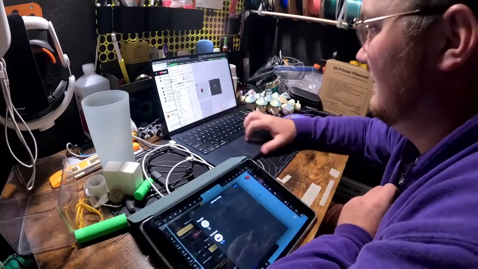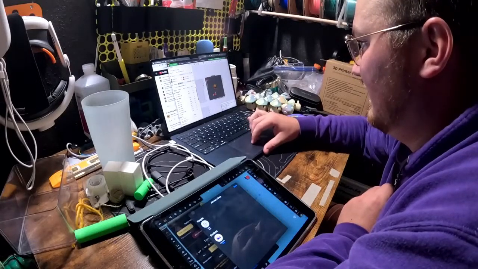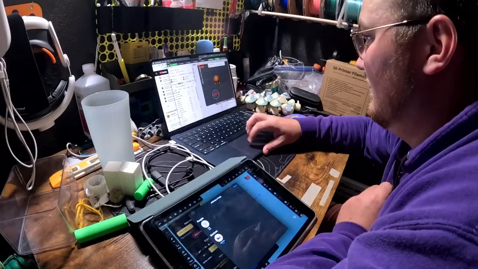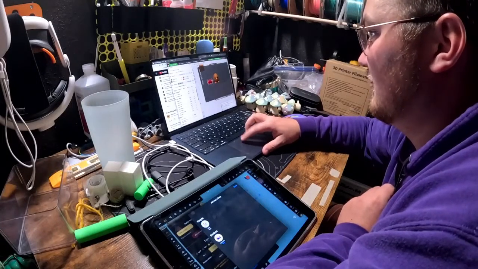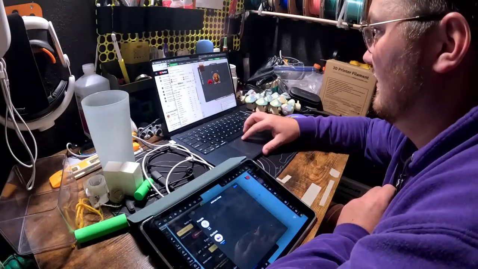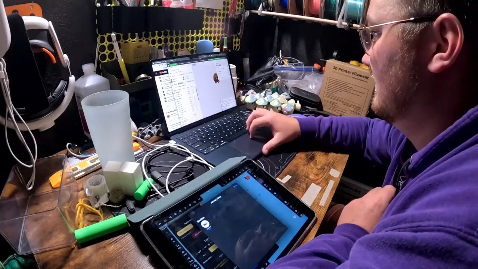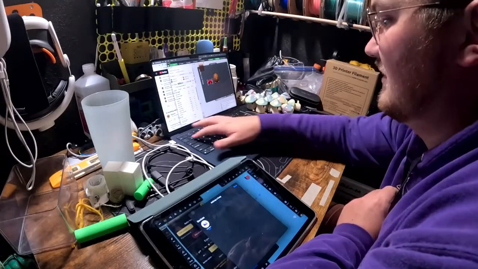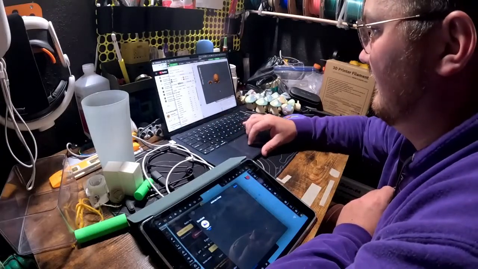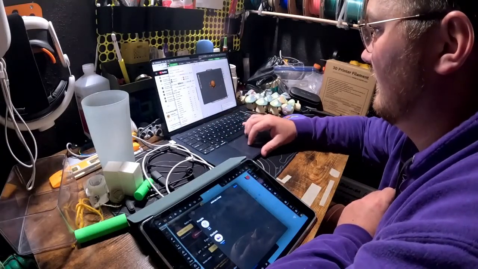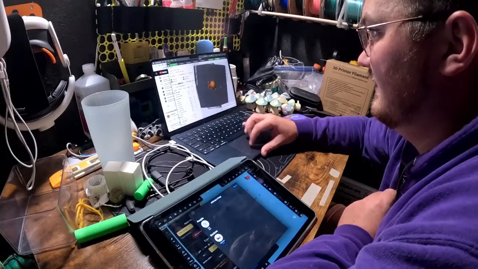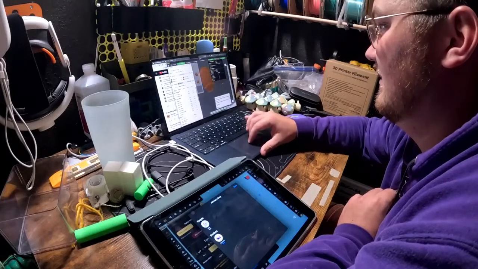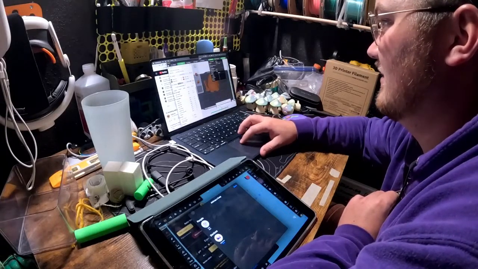Alrighty. So now we have this two-part version, and let's start working on the completely multi-part version. I don't know if this is even going to print, so actually I should probably just try to print it. Now that I think about it, we'll just try to print it and see if it even works, especially the tail interface there. It's saying it's going to take an hour and 8 minutes.